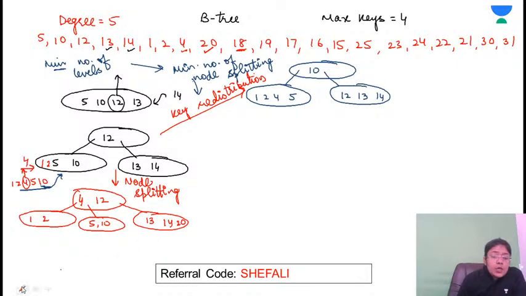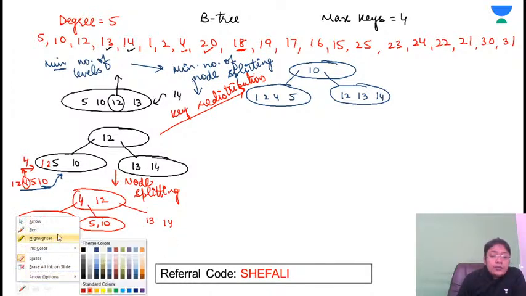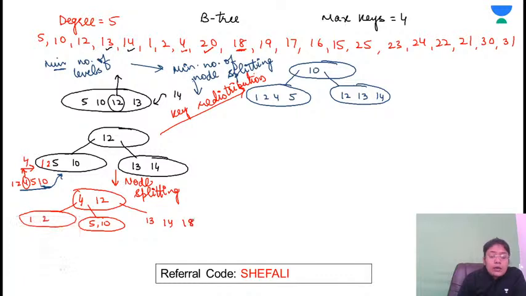Something like it comes out to be here we'll get 18 and then we had 20. So this is allowed. Now if 19 is coming up, 19 will come somewhere here, but that is a case of overflow. So now again 18 will go up. So here we'll get 4, 12, 18,